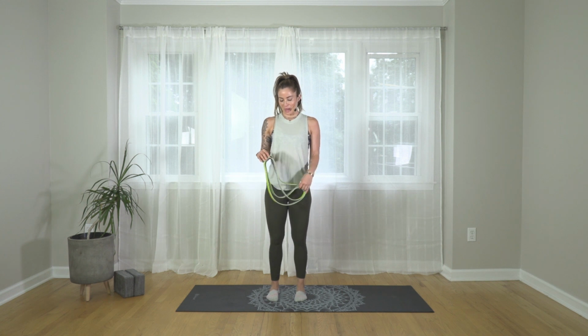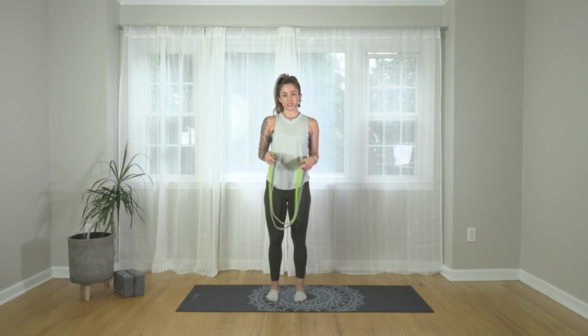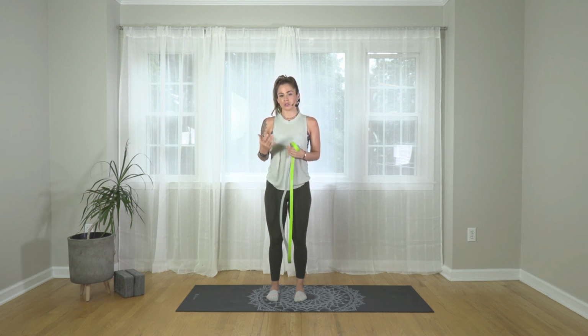Today we're going to be doing a workout using a long loop resistance band. This band has a good amount of resistance to it, but please feel free to choose whichever band you have in your home that is going to work best for you. Give the moves a try, see which one feels the best, and then choose that loop to get through the